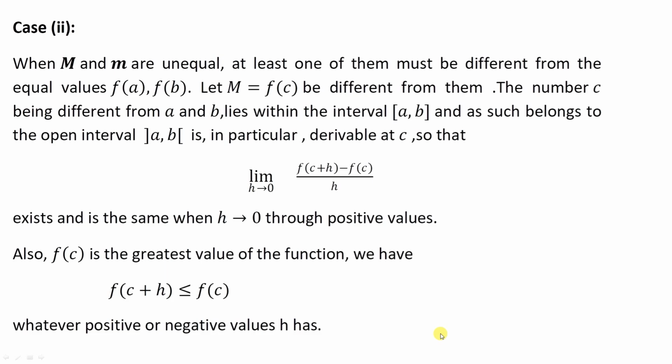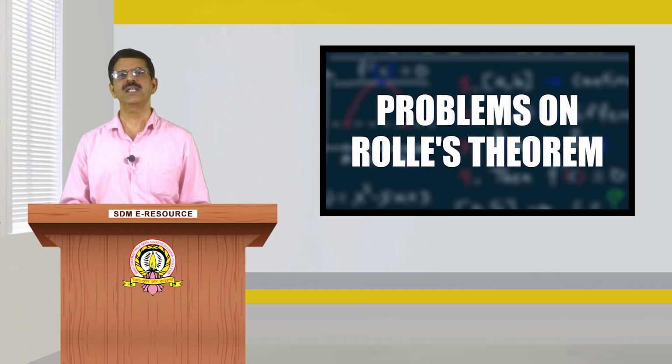Also, we know that f(c) is the greatest value of the function. Therefore, f(c + h) is less than or equal to f(c), as h is positive or negative. Say when h is greater than 0,